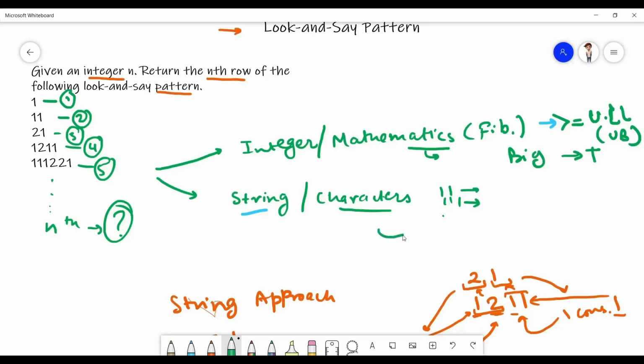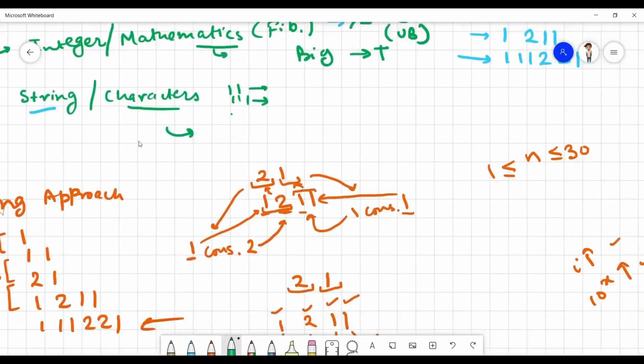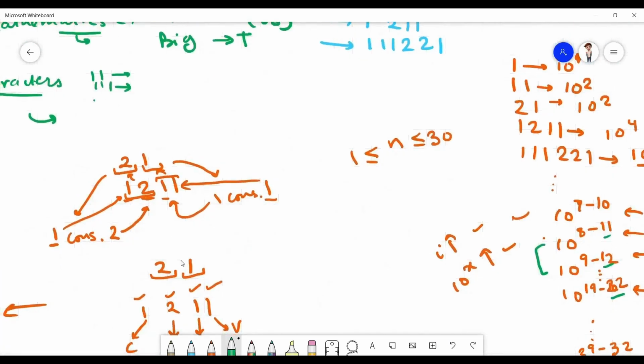And in the string approach we find out that there exists a pattern which has some count value and some main value, and from the previous one we are updating the given string, right?